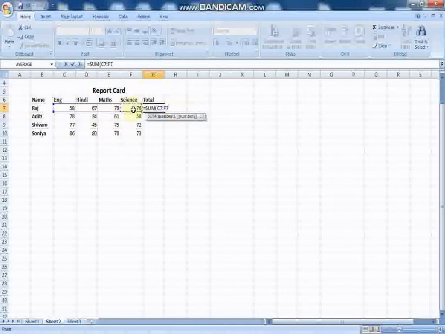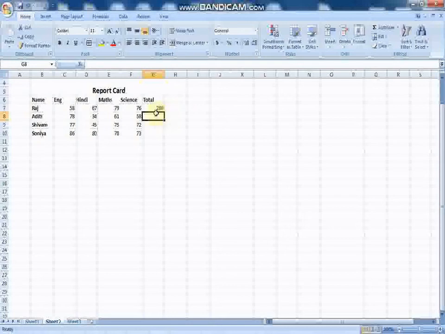Automatically these numbers will be added. The meaning of this is from C7 till F7 I want to calculate in this cell. So from here to here I want to calculate. Then C7 to F7, close the bracket and enter.